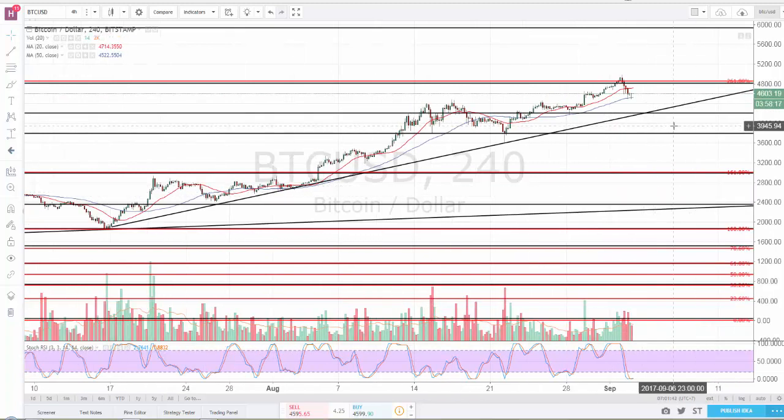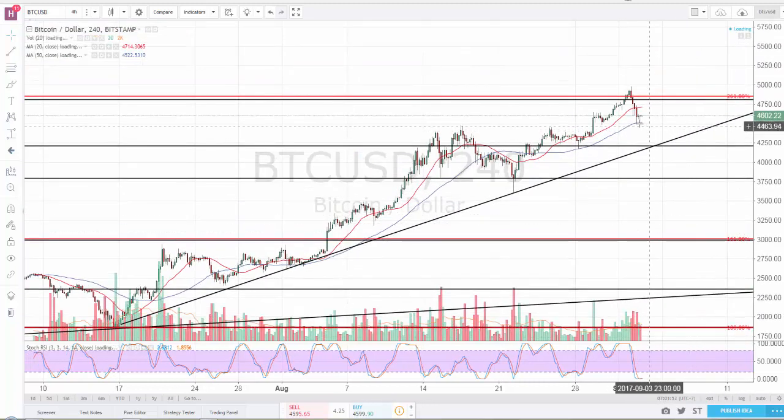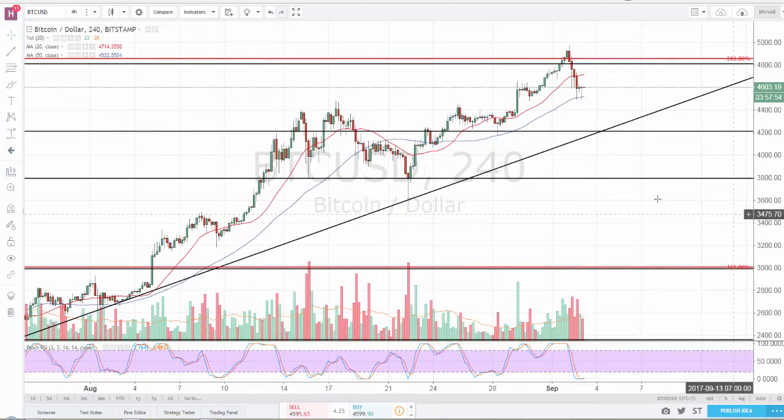I don't think it's going to retrace a lot from here without trying again to break the $5,000 level. I think it's going to bounce. Right now it's using the moving averages in the 4-hour chart. It's using the moving averages as a support, and it's actually bouncing. I think it will go back up and try to break the $5,000 mark again, but I personally don't think